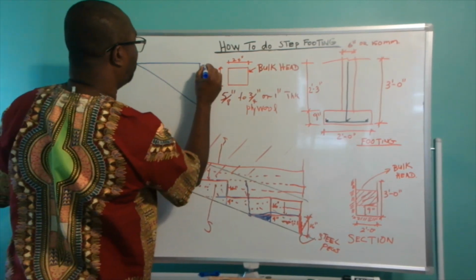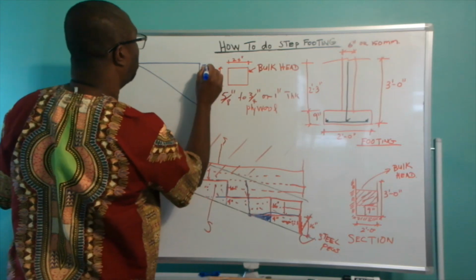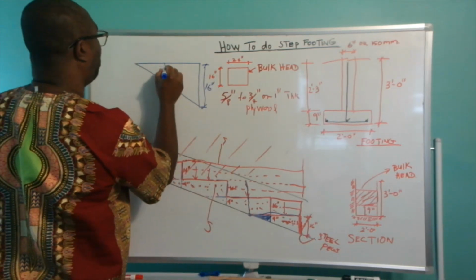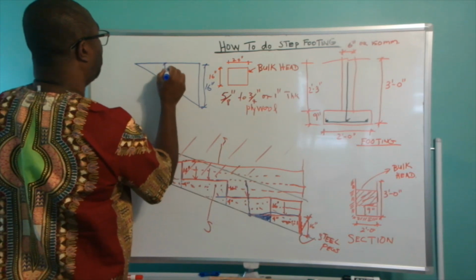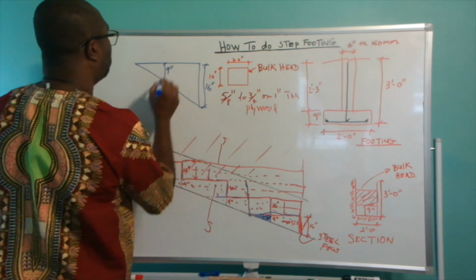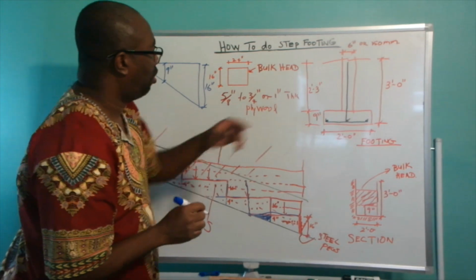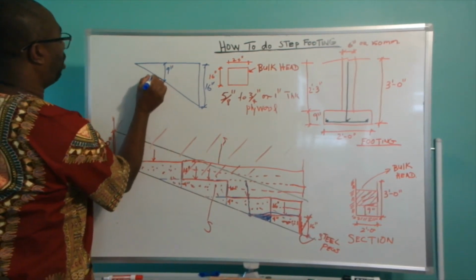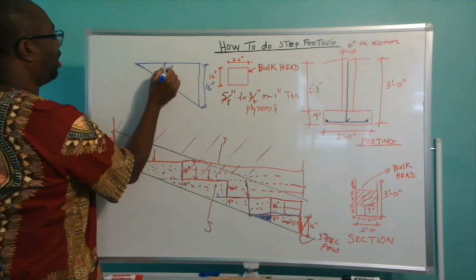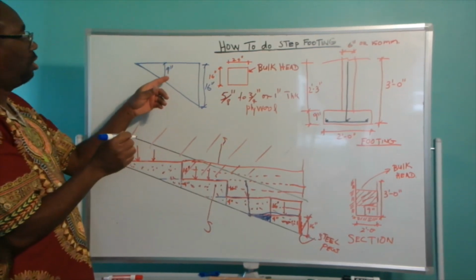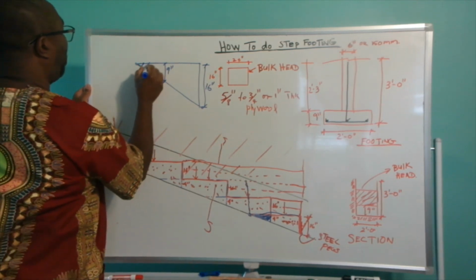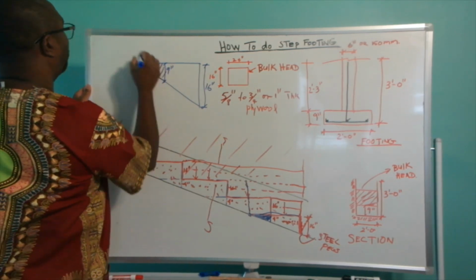So that is your 16 inches bulkhead. And here is your 9 inches, the minimum thickness of your wall footing. As you start to move from this point going up the hill, this 9 inches is going to reduce until it gets to this point of 0. So when you place your block work on top of this,